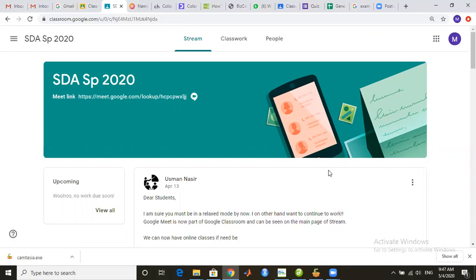In the classwork section, all the material, that is the files, quizzes, assignments, your submissions, and your responses to the files appear. The stream section and the classwork section are different in the sense that in the stream section, the teacher can make announcements, and if the teacher allows you, then the student can also make a new post or comment on an already existing post.